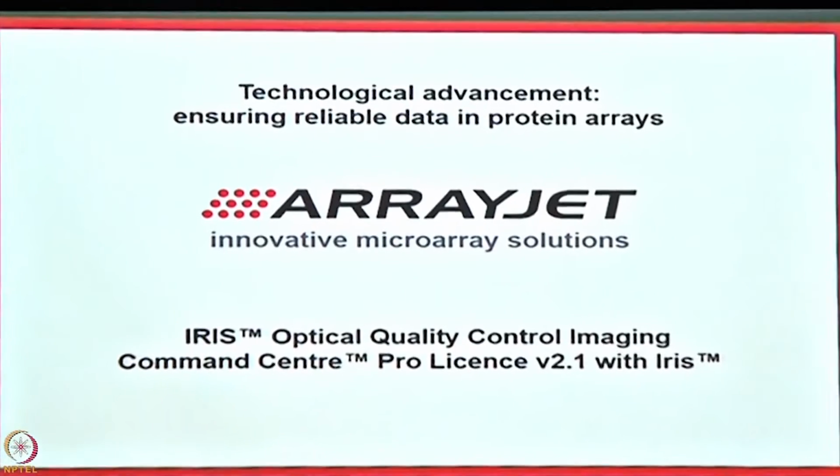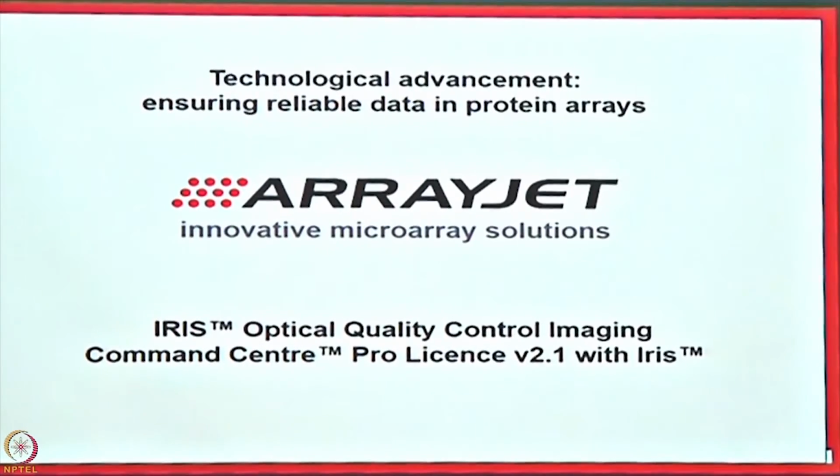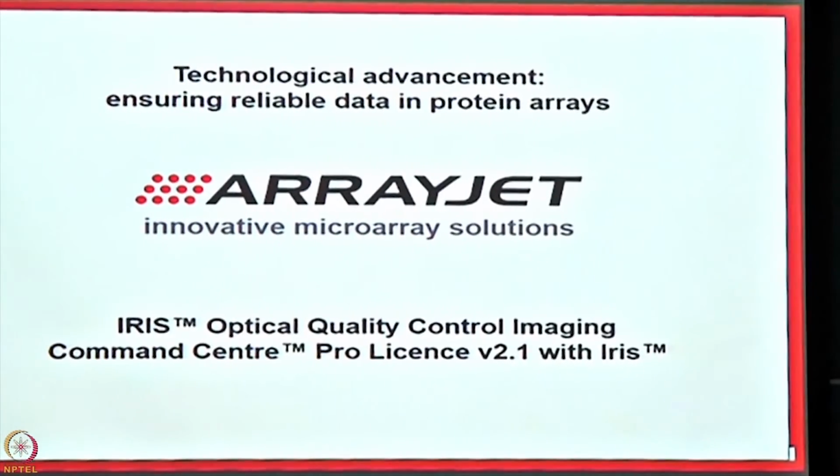So finally, I'll go back to Iris, the camera which has changed the world of proteomics. Why most of the people prefer this camera is because it remembers, it recognizes, and it reprints. And these are the 3 R's that change the life of any protocol or any assay, because you don't want to waste your experiment if things don't work because of a platform that is in your lab. That's not your fault. But you don't want to then have to go back and repeat anything just because it